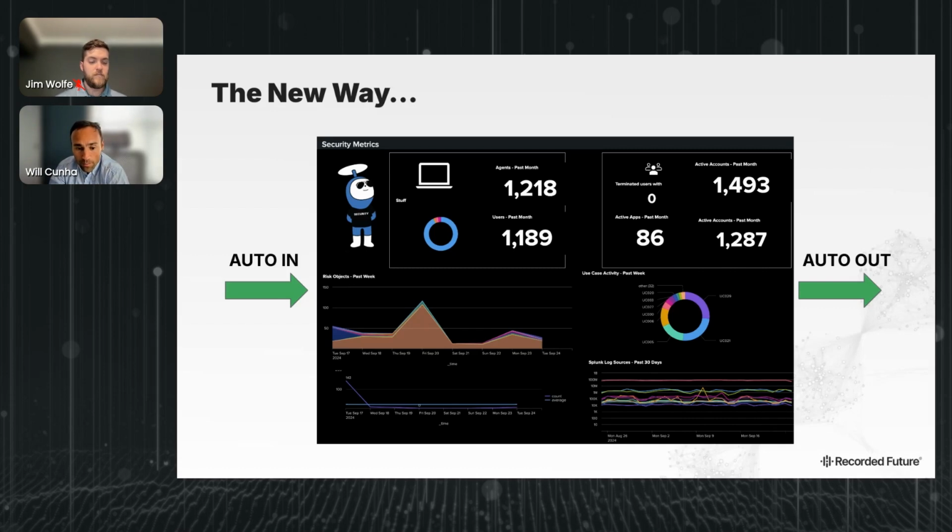So we have transitioned to more of an automated in, automated out flow of the metrics that are important to us. And those metrics change. We start at the beginning of the year saying, what do we want our goals to be for the year, whether it is onboarding a certain number of users into a new platform, or taking a look at our compliance in terms of endpoints. Whatever they might be at the beginning of the year, we work to keep them, but if they turn out to not be as relevant as we originally thought, then they go out and we add a new one. And so this is what we have transitioned to and what we are providing up from the analyst level